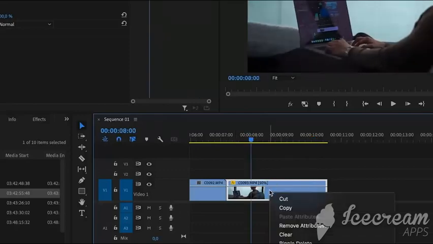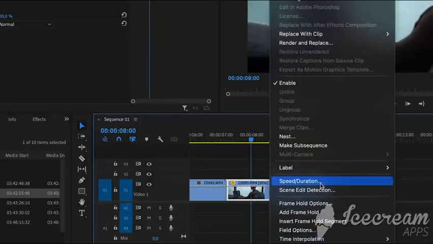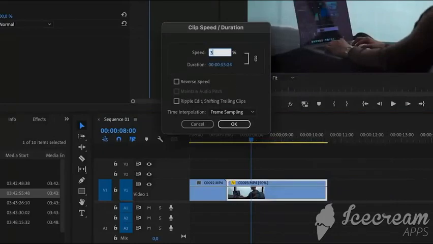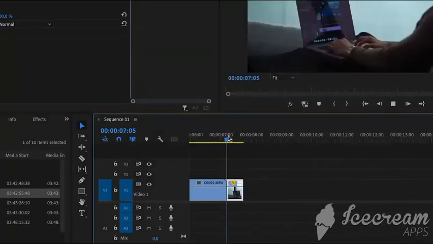And the same thing goes for speeding up your clip. You just come here to speed/duration and make it, let's say, 300%, and you can see now it's super fast. All right, next up I want to show you